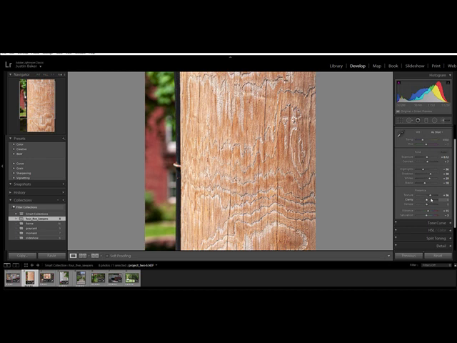Let me add a buck ton of clarity. And then all of a sudden that telephone pole looks kind of cool. All right, I can add a little vibrance. All right. One thing about vibrance that we haven't talked about yet is what's the difference between vibrance and